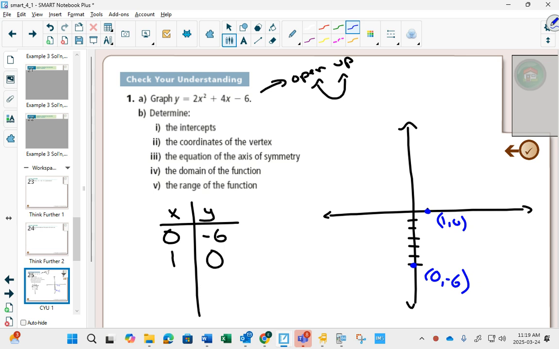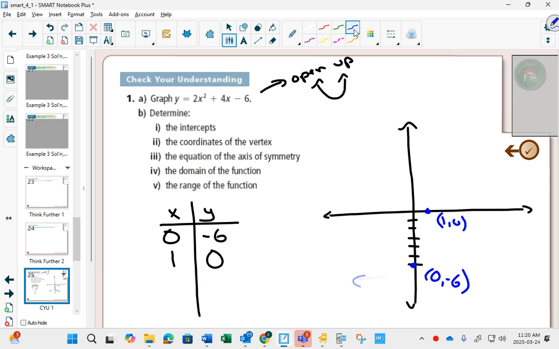Now finding those 2 points, and the fact that you know that it opens up, gives you a hint where your vertex is going to be. Is your vertex going to have a positive x value or a negative x value? You know that it opens up, right? Could it open up and have a vertex over here? No. The only way it could open up and have a vertex, I see that my vertex has to be